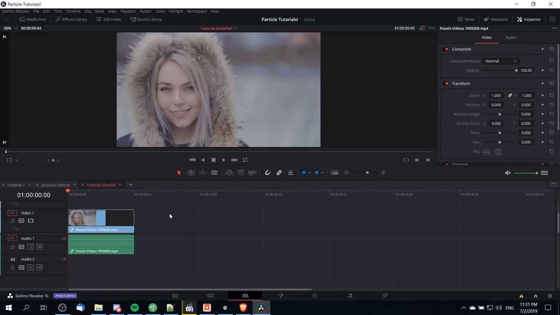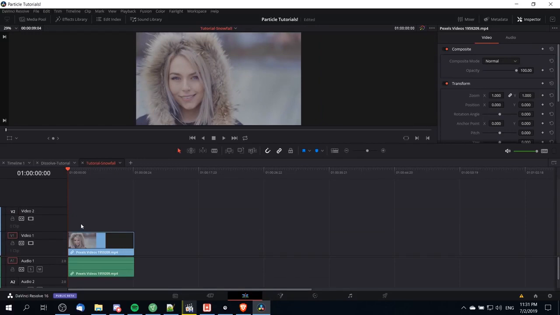So for this effect we're going to require a total of 4 video layers. The first layer is going to be our base video, which both of the snow effect layers will be showing on top of. Then on video track 2, we're going to have the first layer of snow, which will fill in the background only,